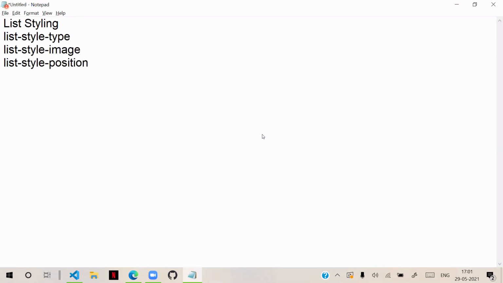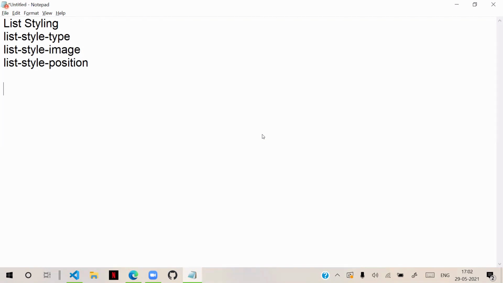If you don't want any numbering style, then you remove that: list style, you can keep it to none. Actually, list style is shorthand. You can define the type, like upper alpha. You can keep space, you can put a URL here and directly define it. You can keep the position inside or outside, or you can separately write and configure them. Mostly while working with lists, these are very important and very regularly used options.